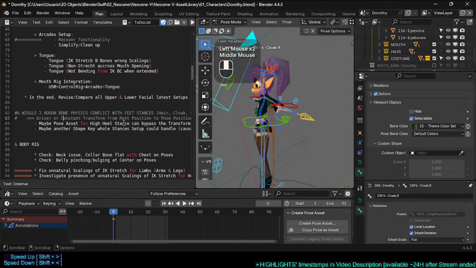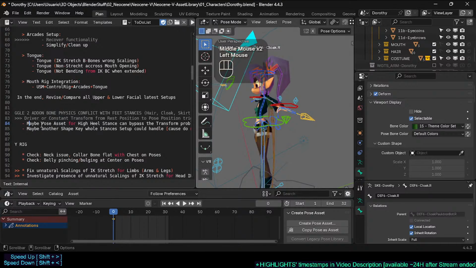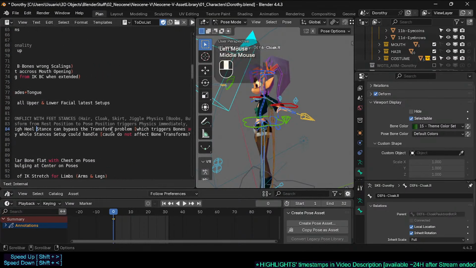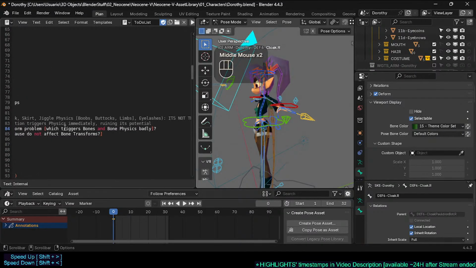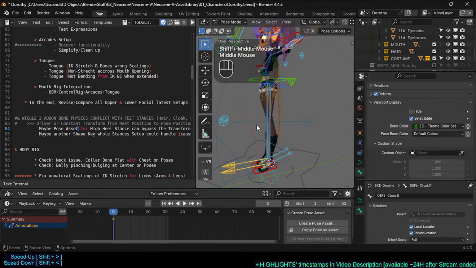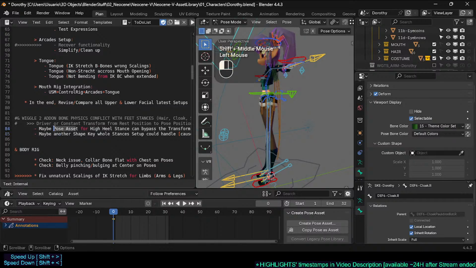So I won't need to do that, but maybe a pose asset for the high heel stance can bypass the transformers. So we can do the high heel stance with a pose asset,